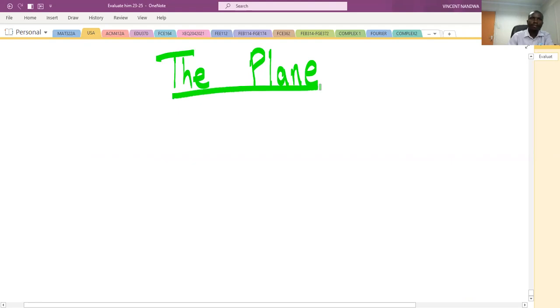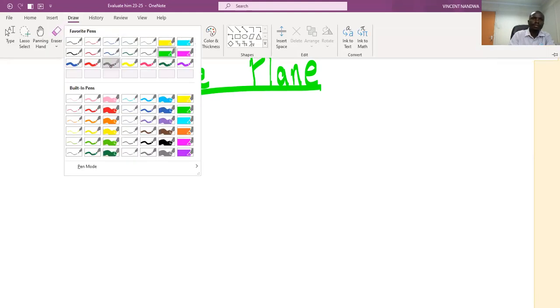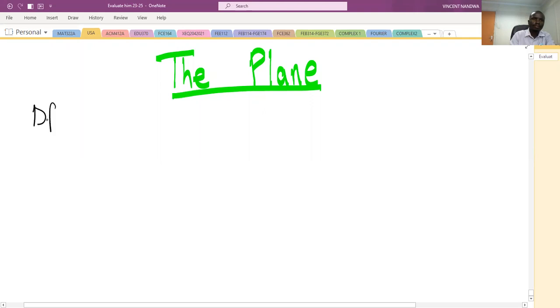A plane simply is a surface such that when you take any 2 points on that surface and you draw a line segment, then this line segment will be within the same surface. So definition: a plane is a surface such that